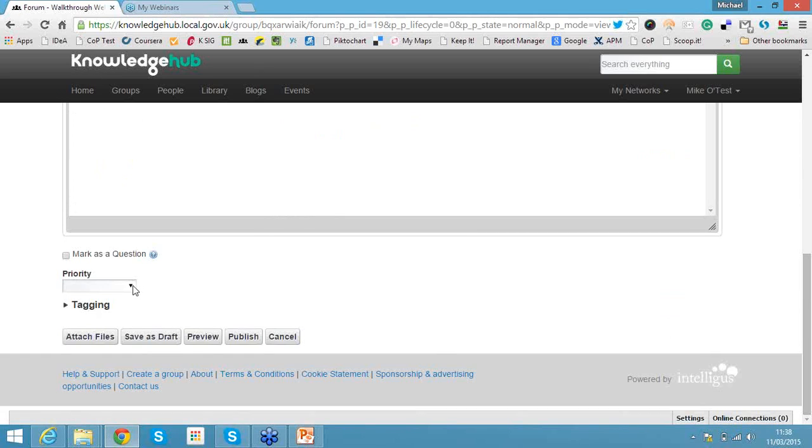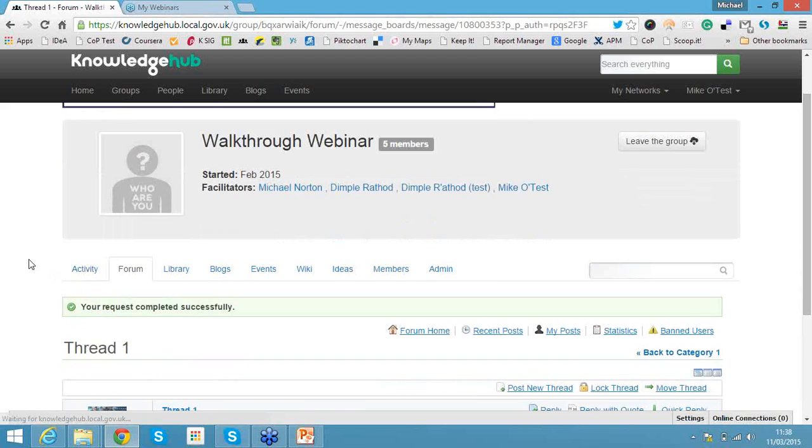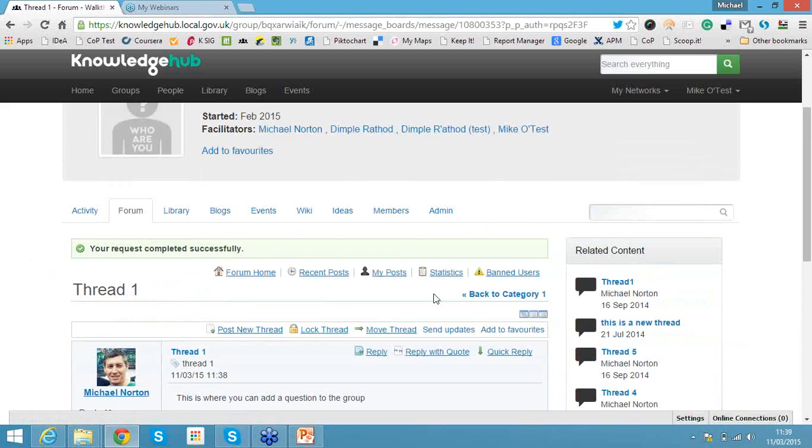Change the priority to sticky. So this means sticky is always going to be at the top, and publish it. So this is what makes it sticky. So if I go back to the